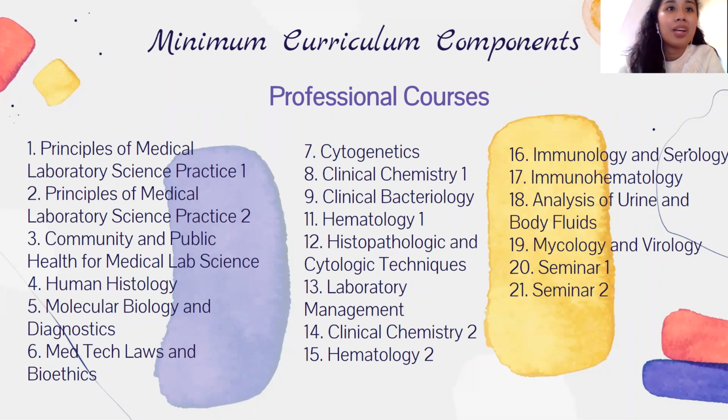Community and public health for MedLab Sci, human histology, molecular biology and diagnostics, medtech laws and bioethics, cytogenetics, clinical chemistry 1, so that's another chemistry I'm talking about, clinical bacteriology, hematology, we have hematology 1 and 2, histopathology, laboratory management,